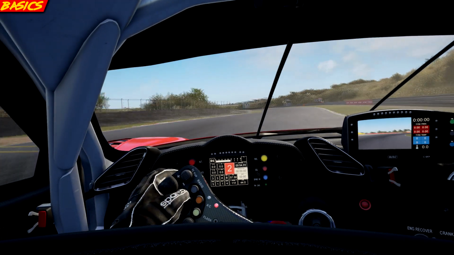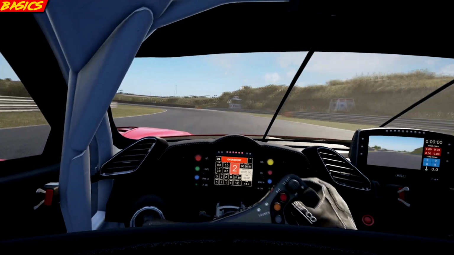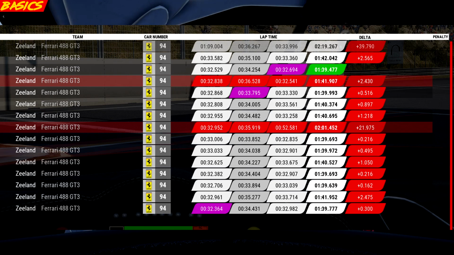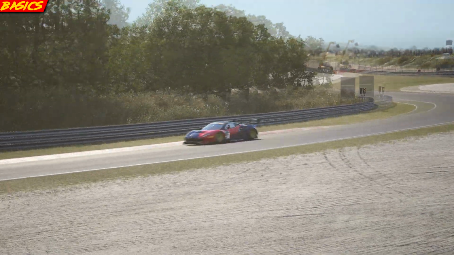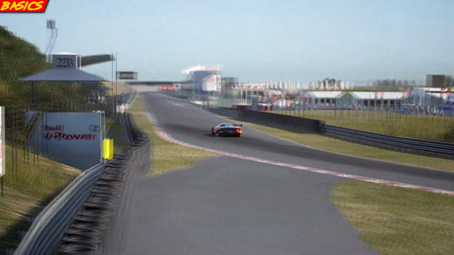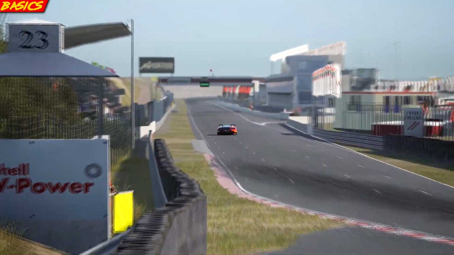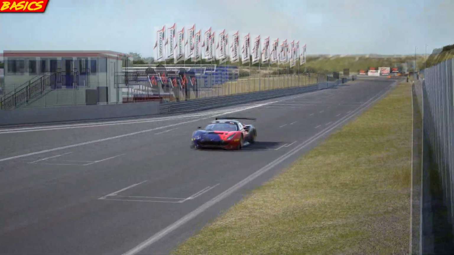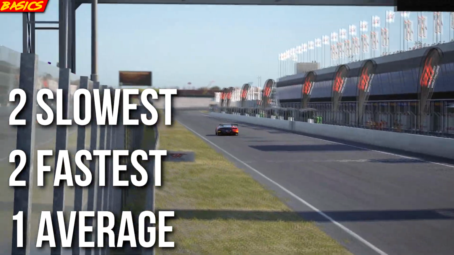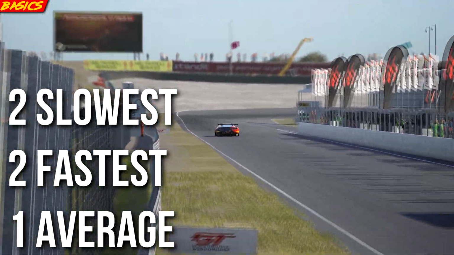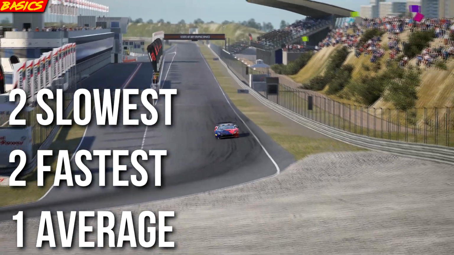After you're done with your lapping session, check the timetables and find out what your average lap time is. You can exclude the laps where you messed up, don't take those into the average. When you've got your average lap time, it's time to look at the replay. And I suggest you watch about 5 laps. The 2 slowest laps where you didn't crash or go off the course, 2 laps that are the fastest, and